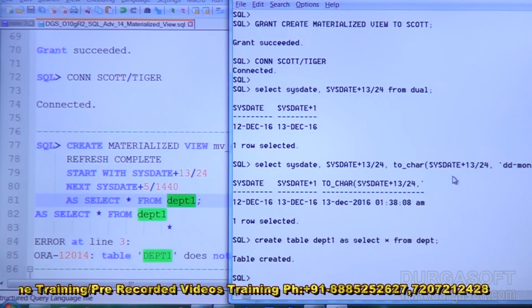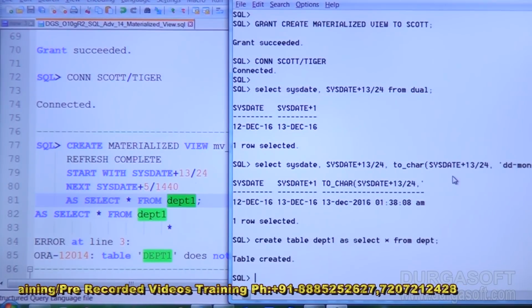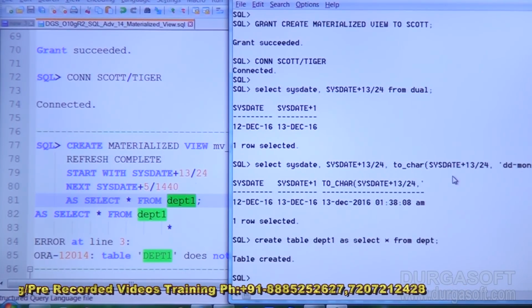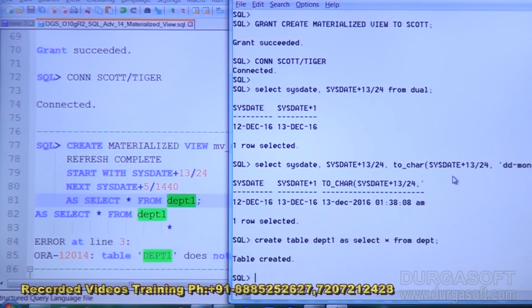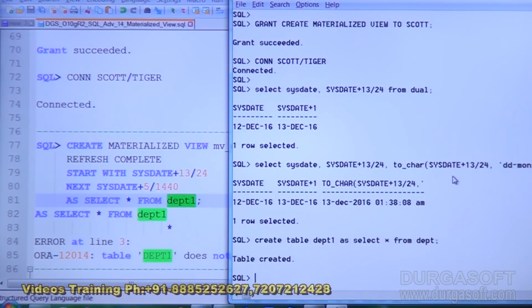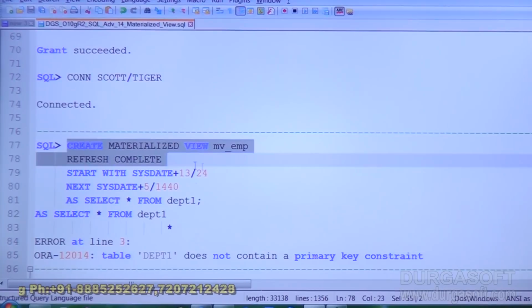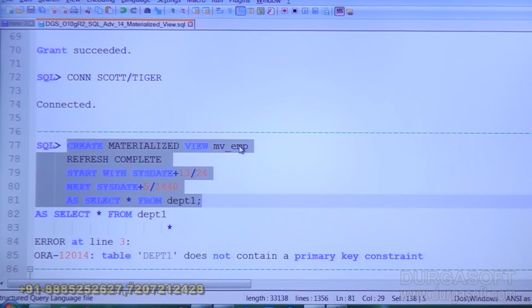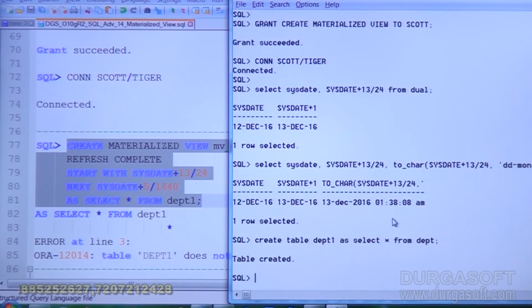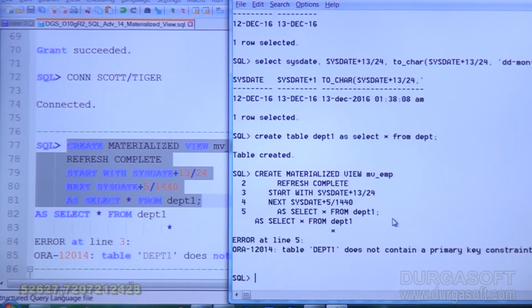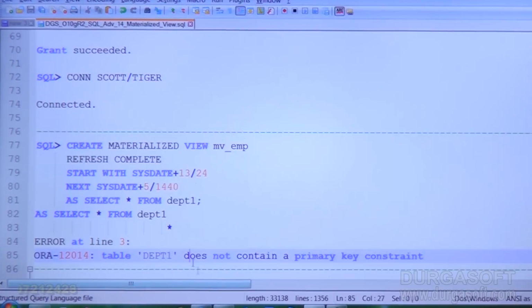To create a materialized view, the base table must have a primary key. Then only we can create a materialized view for that table. The base table is nothing but the table on which we are creating a materialized view. Now we are creating the materialized view based on DEPT1, so DEPT1 becomes the base table for the materialized view MV_EMP. The DEPT1 table does not contain a primary key constraint. This is the restriction. So to create a primary key